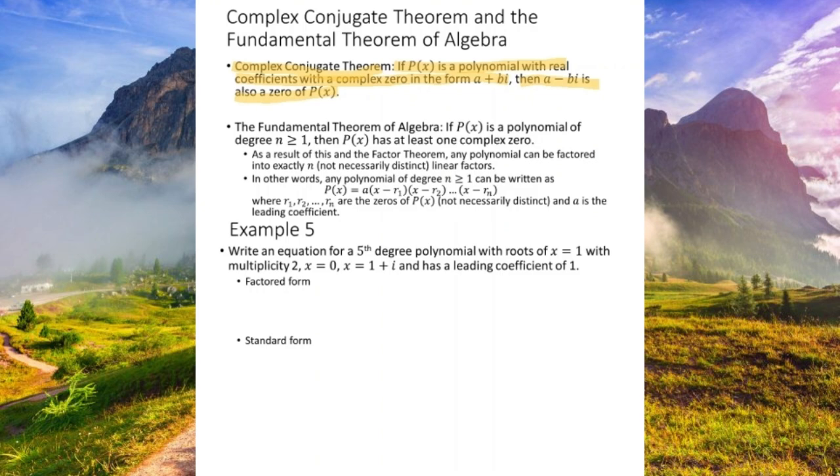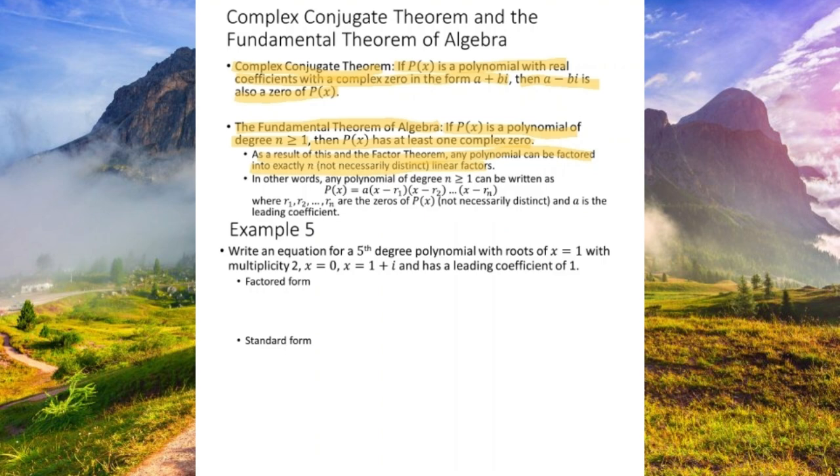One of the things we discussed in a previous section was that a polynomial of degree n has n zeros when we account for multiplicity. The reason why this is true is due to the fundamental theorem of algebra. The fundamental theorem of algebra states if p of x is a polynomial of degree n greater than or equal to 1, then p of x has at least one complex zero. In combination with the factor theorem, these two tell us that any polynomial can be factored into exactly n, not necessarily distinct, linear factors. And the reason why the factors may not necessarily be distinct is because of the multiplicity